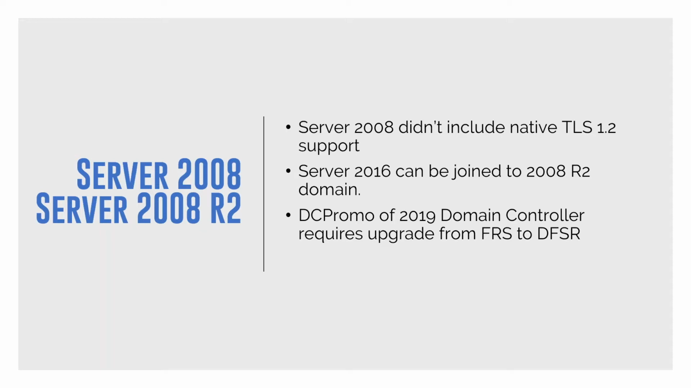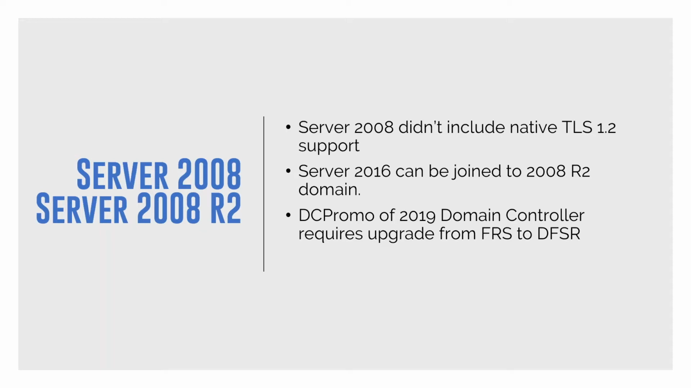One lesson learned, a thing to note, is that Server 2019 is out, and I think it represents a modest improvement over Server 2016. I think a lot of the feature improvements are really designed for the large enterprise or large data center. So if you're running less than 100 servers, you're probably not going to notice any differences. But one thing to note is that Server 2016 can be joined to a 2008 R2 domain. You can DC promo that. However,